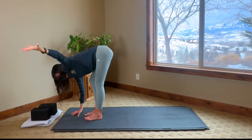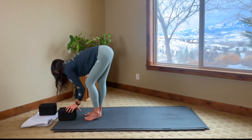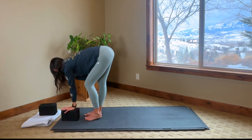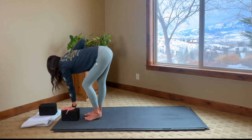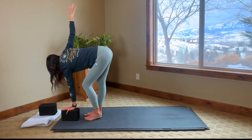We'll switch legs and arms. Again, grab that block if it feels good to create more space. Pop the same knee that's arm is down towards the earth. And we'll breathe now into the right hamstring. Take a moment, pause. Notice where the tension lies in the body, and then send extra oxygen to that particular